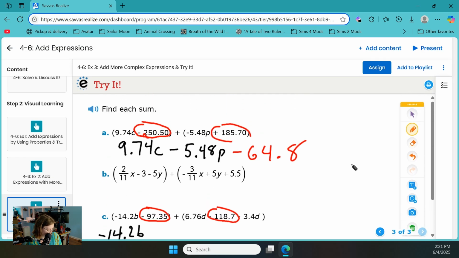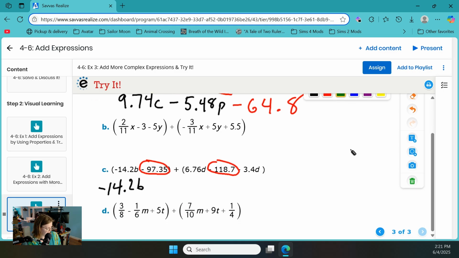And then we have more like terms, but with the variable d, so I'm going to circle those. All right. Now, I'm not going to show every little piece, but if we combine those green parts, we have